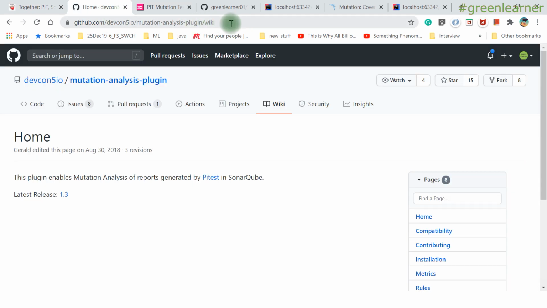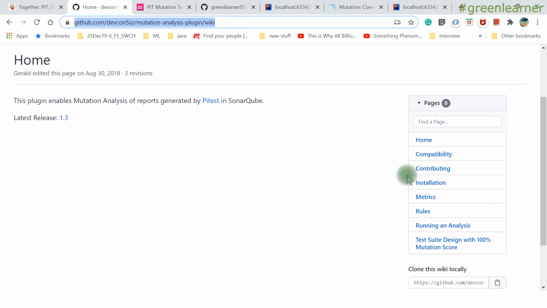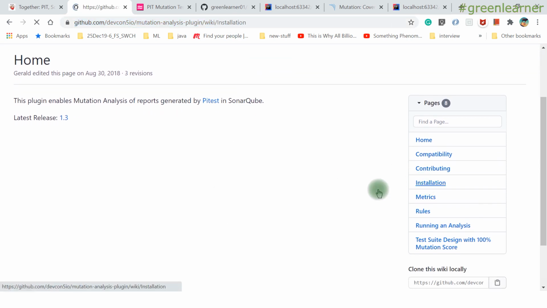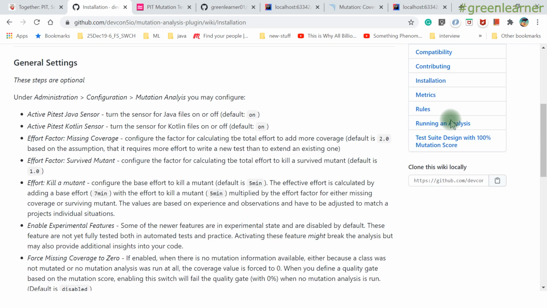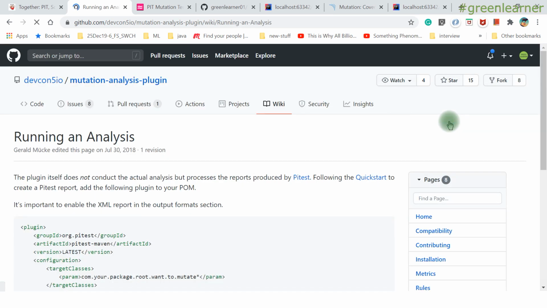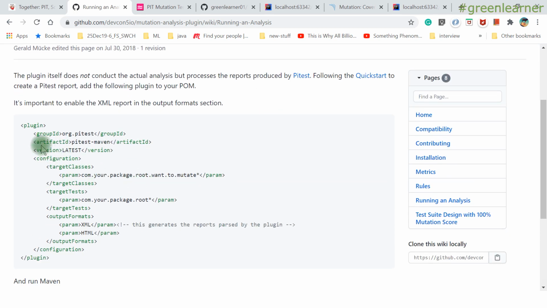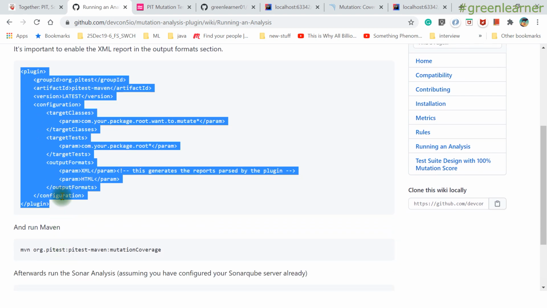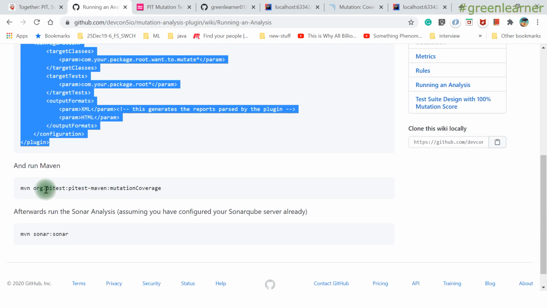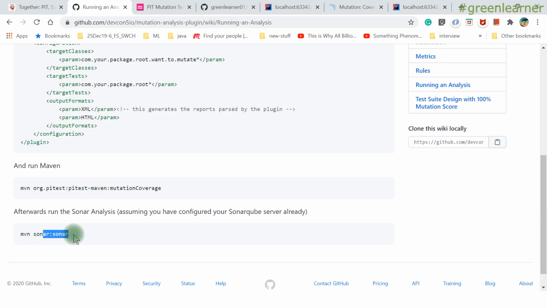So the other link is this one. I'm going to put this one in the description box as well. You go ahead and check that out. So the installation section is this one. Different sections are here. You can go and check out this one. And running analysis, right? And if you come here, it is the option for how you can insert this in a Maven based project. If you're using that one, just put this one and trigger this Sonar task, and it will be pushing that report. So hopefully in that case it will work, right?